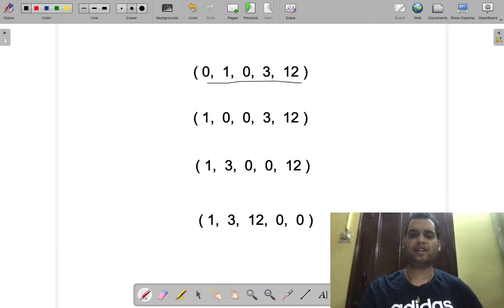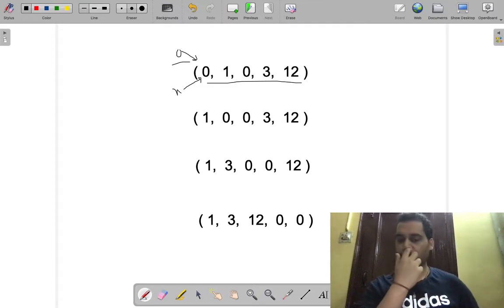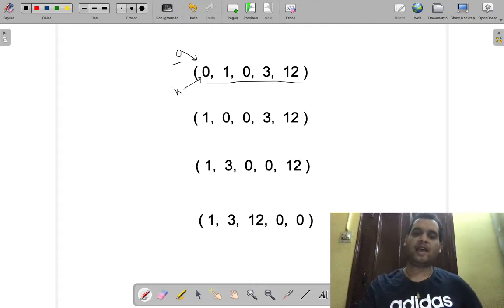So I have defined a variable, last zero position, set to 0. It will point to the first element by default. Next is the non-zero index. Initially it will point to the first element only. This will go to the index of the 0 that we have maintained. We are going to swap and push all the zeros to the end, so that n is the index that will point to a number which is non-zero that needs to be swapped.